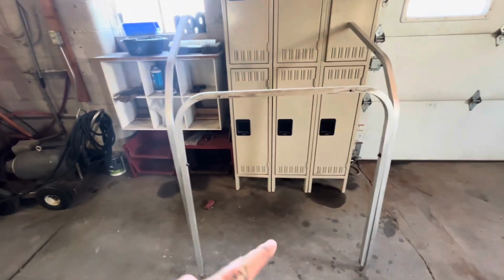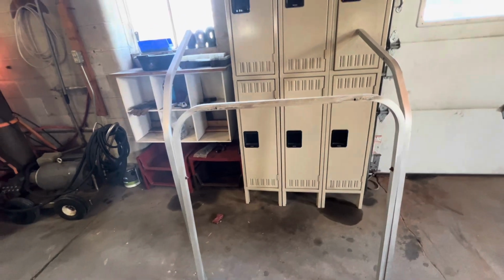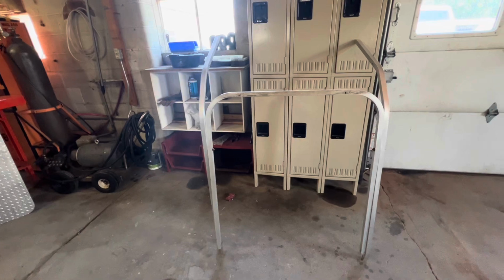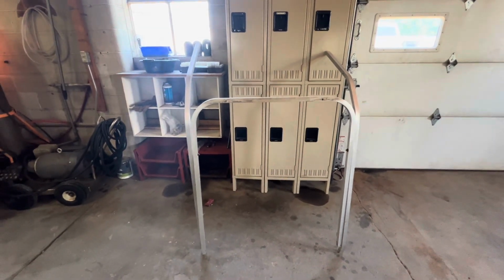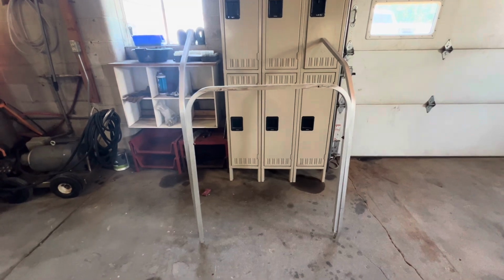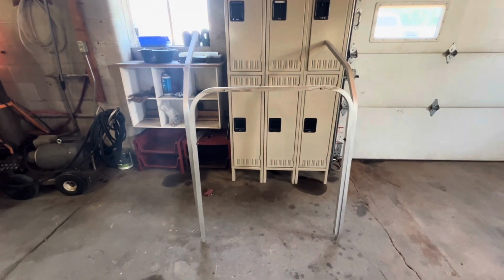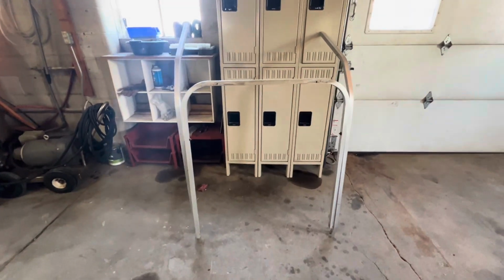I'm gonna replace these two bolts here with some new ones that aren't all rusted. Clean it up decent, just wipe it down, and then get it put on the cart. And then I will set the top up on it and bolt it into place too. Kind of show you what I did for a top. I just happened to have some material laying around, so it worked out. So I'll show you guys what I did there, and we'll get this thing cleaned up and put on the